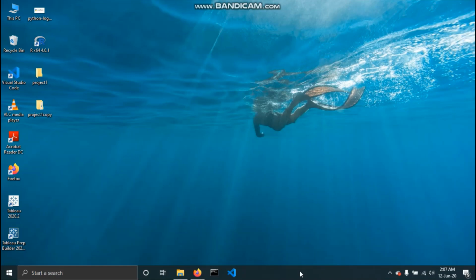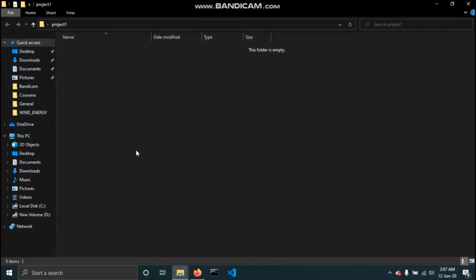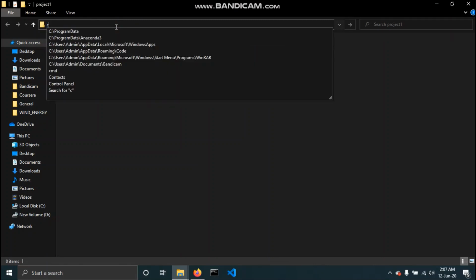So now let's see how you can create a virtual environment. I have made a project one directory over here. Let's just consider that this is a project that I have created. So I'll open this folder and we need to create a virtual environment over here. I'll just open a command prompt in this directory,